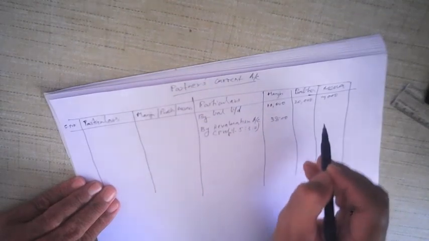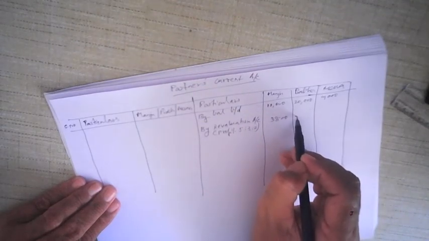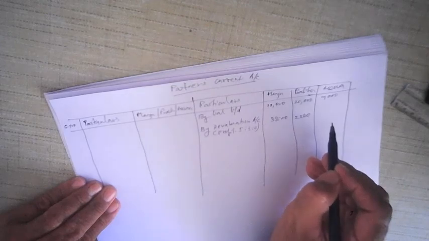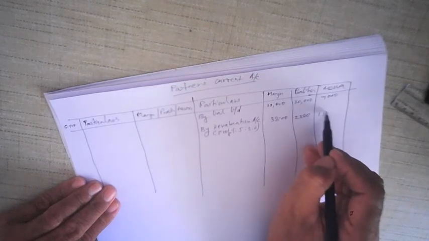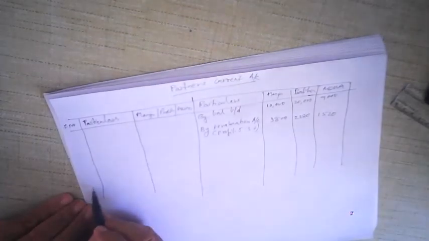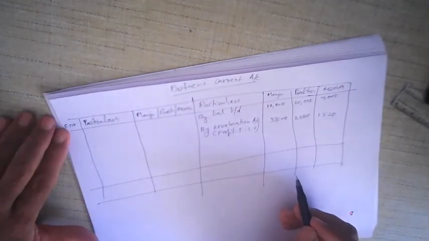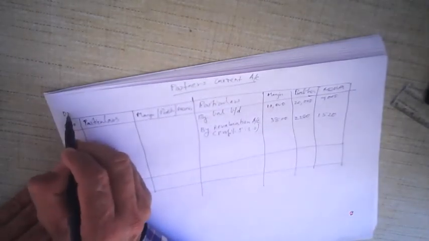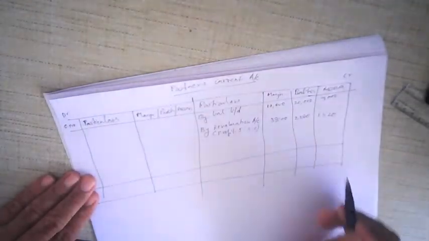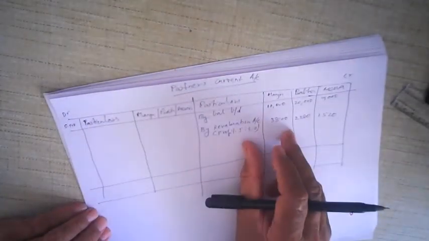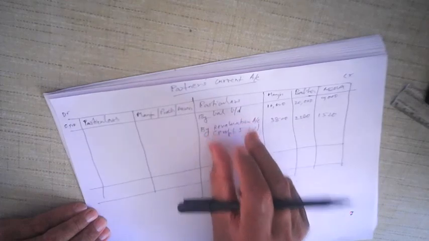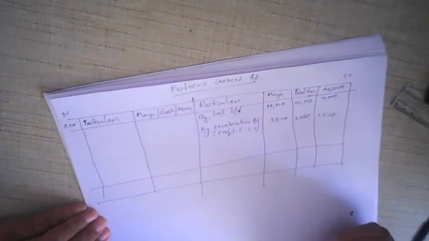3,800. Okay, Prabha 2,280 and 1,520. Alright, so there is no other entry on the debit side, only on the credit side. It's possible that two more entries would have come for general reserve and profit, but those two entries are not given in the balance sheet.